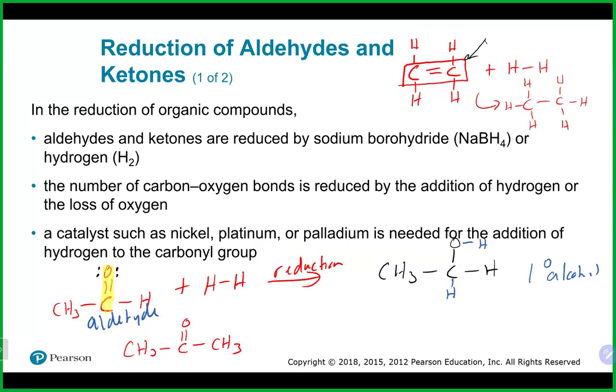It doesn't matter how many more carbons or whatever else is there. It's always going to happen right there. So if we did it, for example, to this guy down here as well, all you really should focus on is right there, and all you need to do is turn it into a single bond. So we would have this,